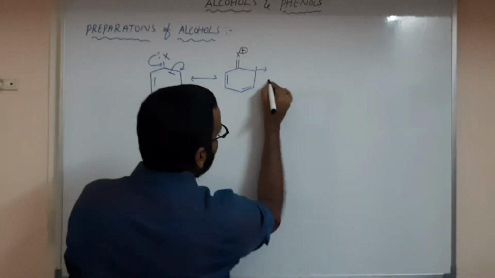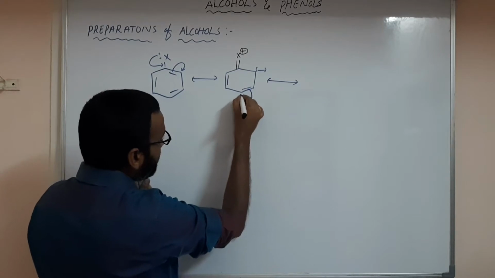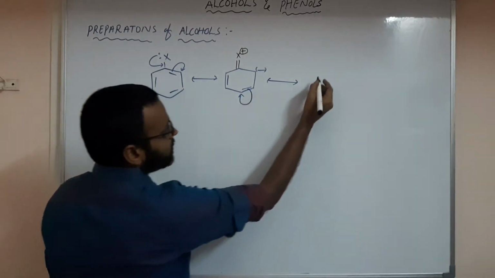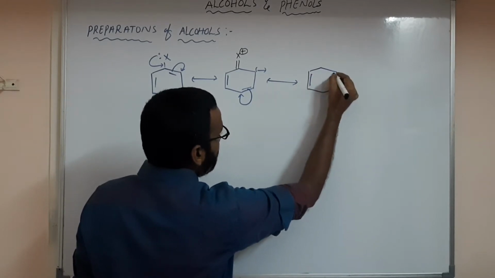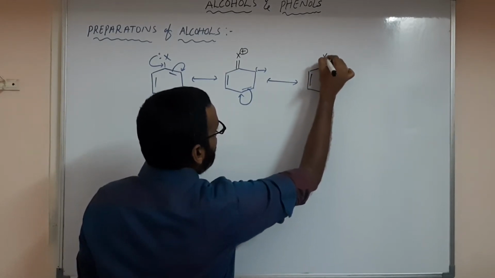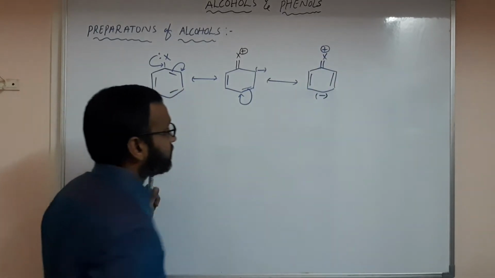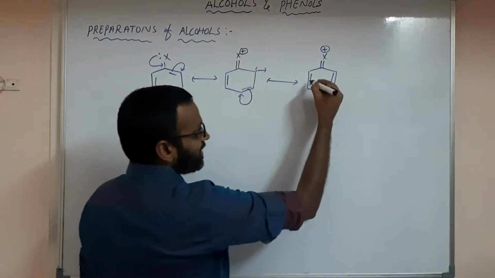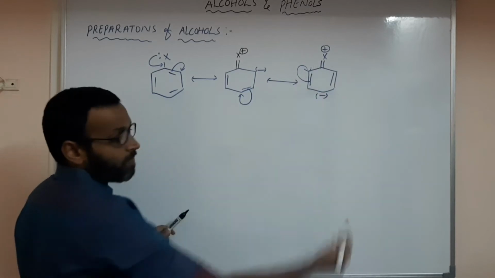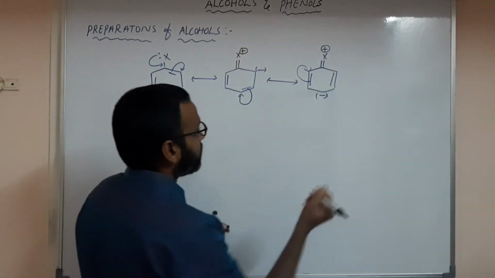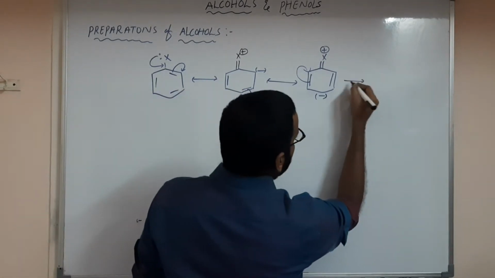Next, if these pi electrons migrate over here, you have a positive charge, and certainly here a double bond, here a double bond, and here a double bond to X+, and here you have a negative charge now. Correct or not? In the next resonating structure, these pi electrons will migrate over here. Certainly, what happened? Here you have a negative charge, right? Correct or not? Then what will you get?